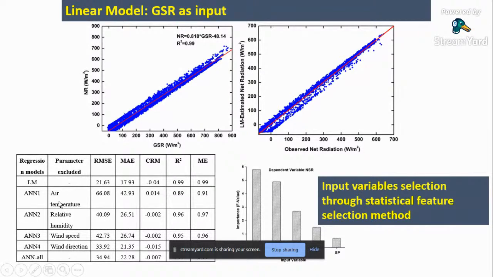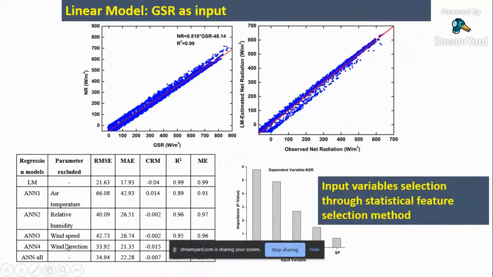As I said earlier, one parameter is excluded. ANN 1 indicates when we have excluded air temperature, ANN 2 indicates when we have excluded relative humidity, but the rest of the parameters are considered as input, like air temperature, wind speed, and wind direction. ANN all indicates all the parameters: air temperature, relative humidity, wind speed, and wind direction. That way, we try to see which is giving more appropriate results by using different statistical computations. First one, no doubt about it, is the linear model because it is a directly dependent parameter of solar radiation. The second one is, if you see,